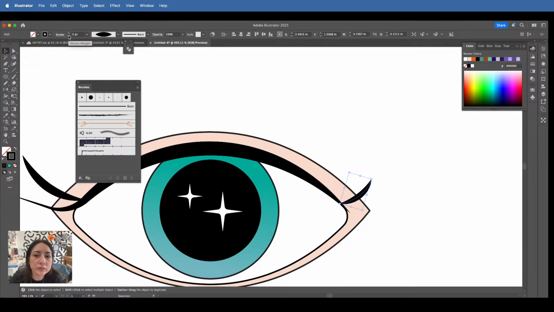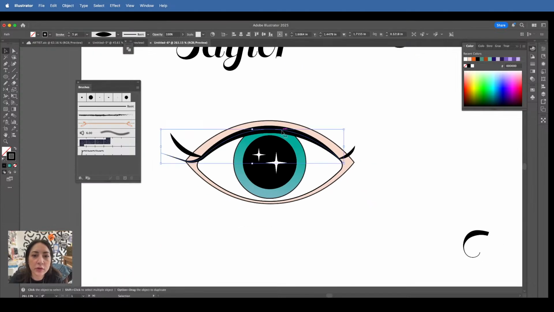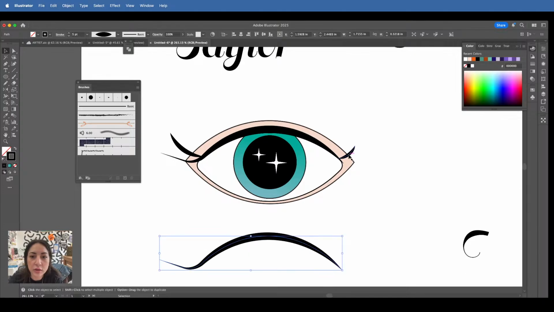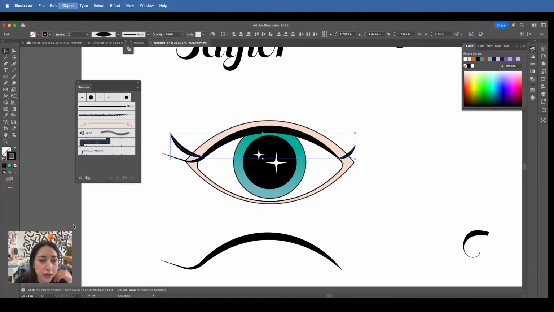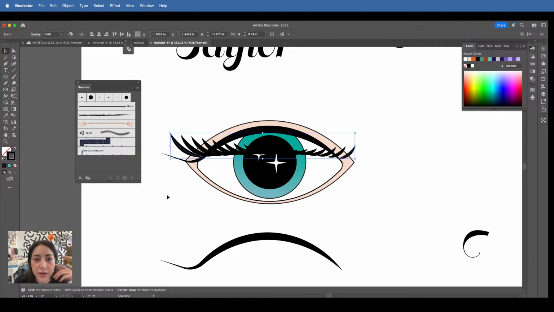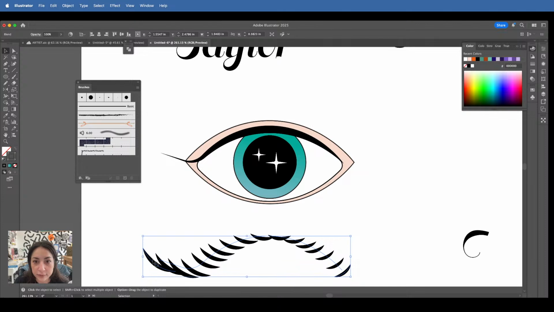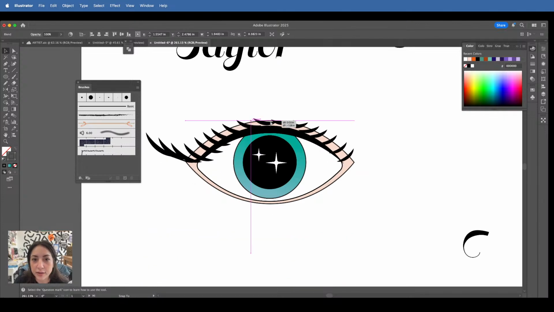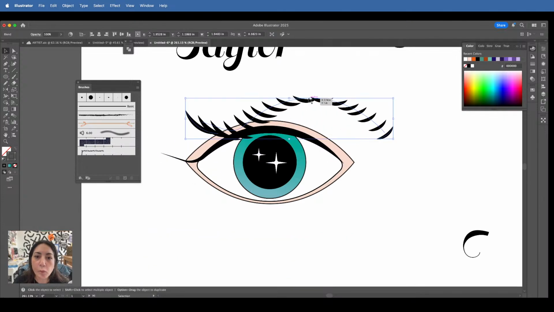And I'm gonna grab this and duplicate it. And then grab these two over here, select them, object. We're gonna go to blend, make. It's not gonna come out perfect. Actually, that looks pretty perfect to me. All right. While that's selected, we're gonna go select this extra thing that I blend, whatever, replace spine. Okay, yeah, it's not perfect. And that's fine